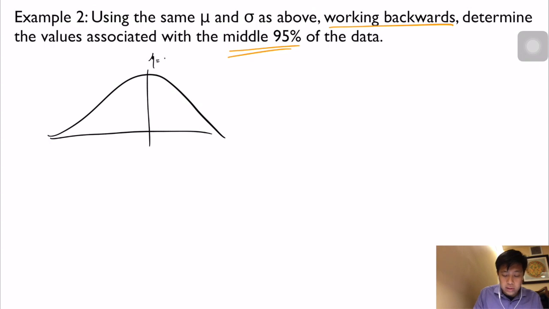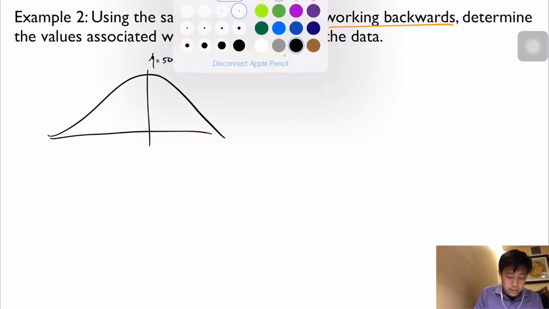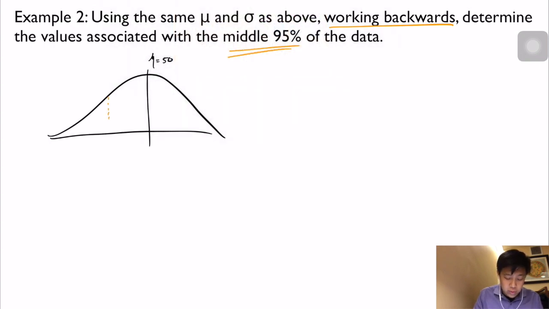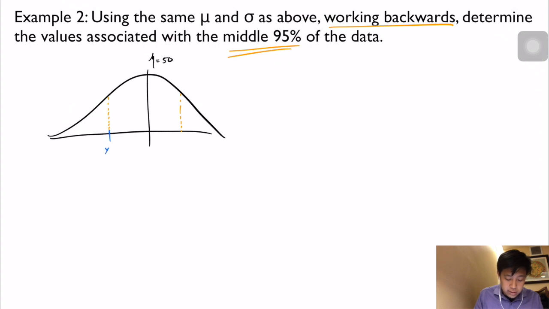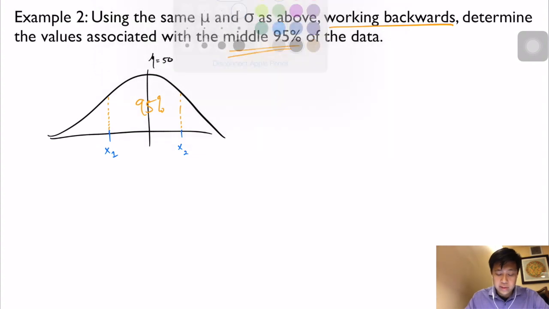You can draw this, again, a little bit wider, because you know we're asking for more of the data this time. We're looking for an x sub 1 here, and an x sub 2. And this time, you have 95% of the data. So again, following the same steps, right? And we don't have to write step 1, step 2, step 3 out every time. But if it helps you, please do. But the idea is that